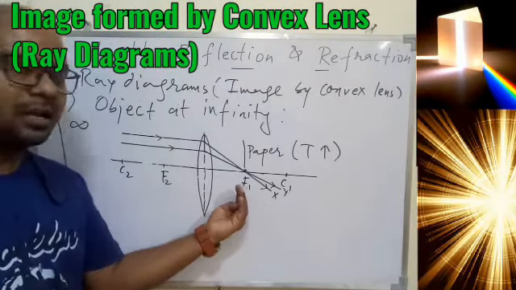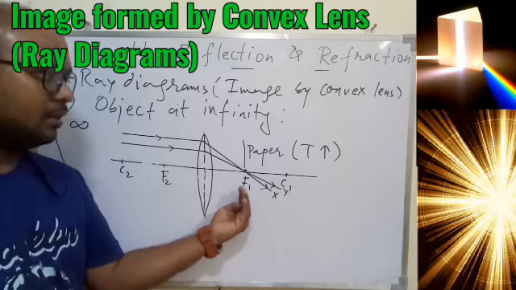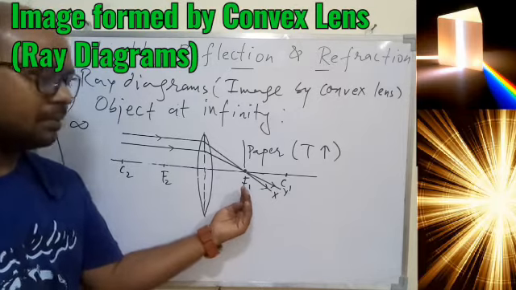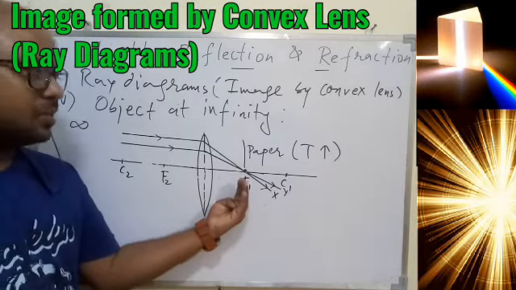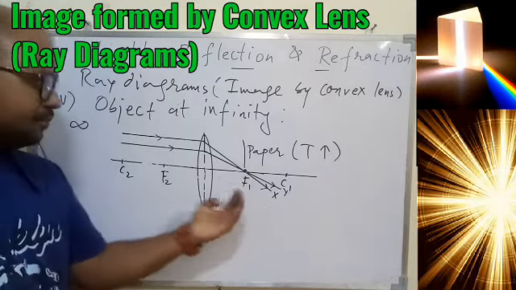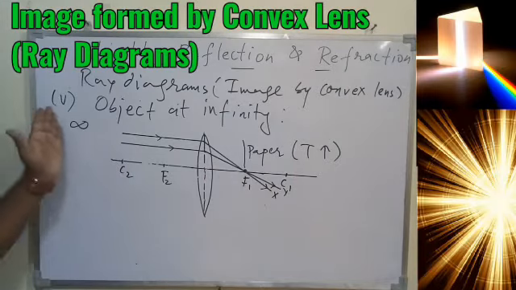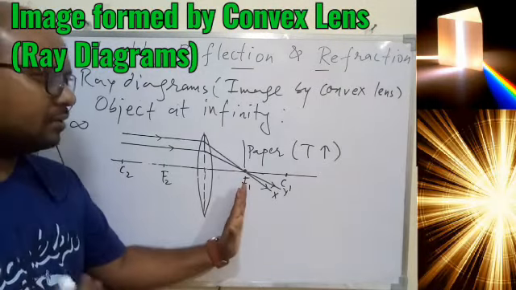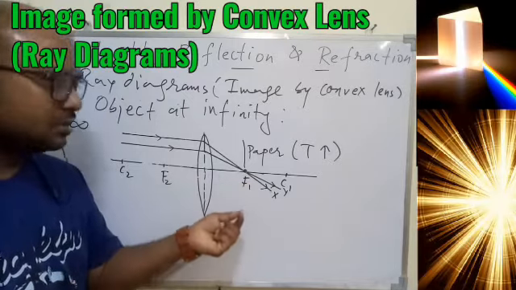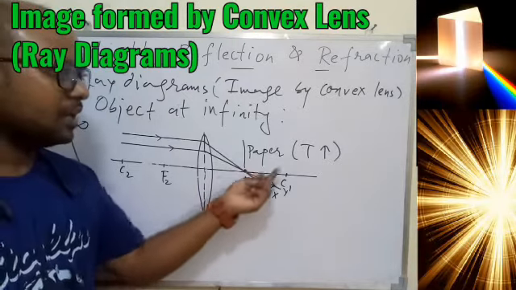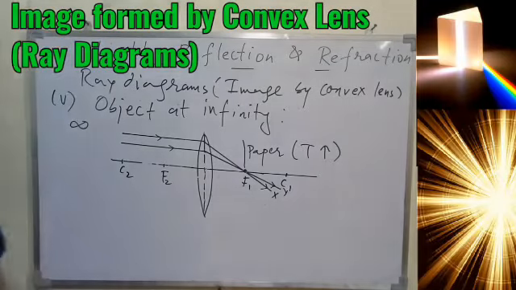So if you place a paper at a particular point F1, then because of the excess of heat, the paper may start burning also. The time you place the paper, very first you will be able to see the image of the sun, that is, the rays coming from the sun will converge at the focus. So at the focus, if you place the paper, you will get the image of the sun, which will be very small in size, and with time the paper can also start burning because of excess heat.